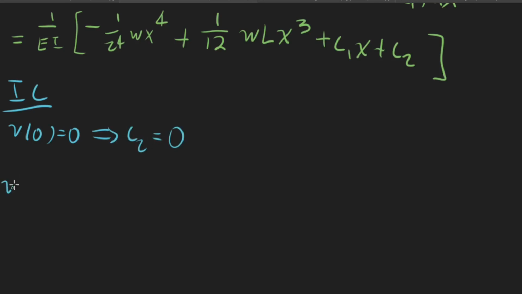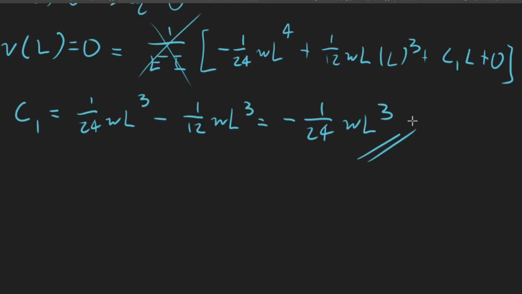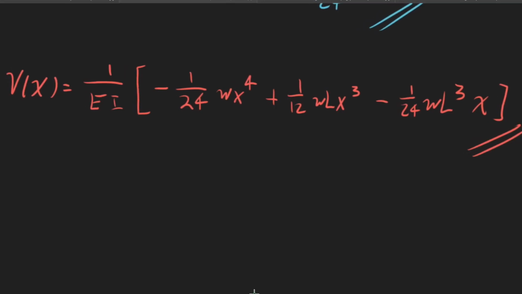Now the other initial condition is that our deflection at L has to equal 0. So if I go ahead and plug in L for all of this, now I can solve for C1. So now plugging it all back in, I get an equation for the deflection of this beam. So this is our final equation of the deflection of the beam,